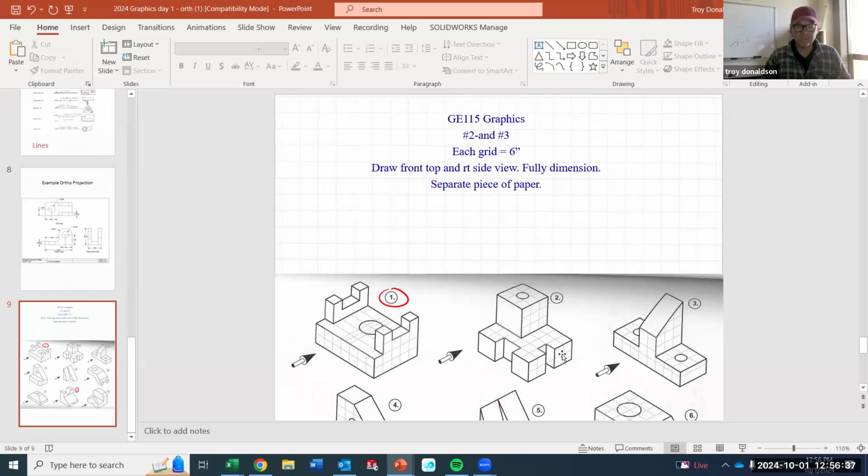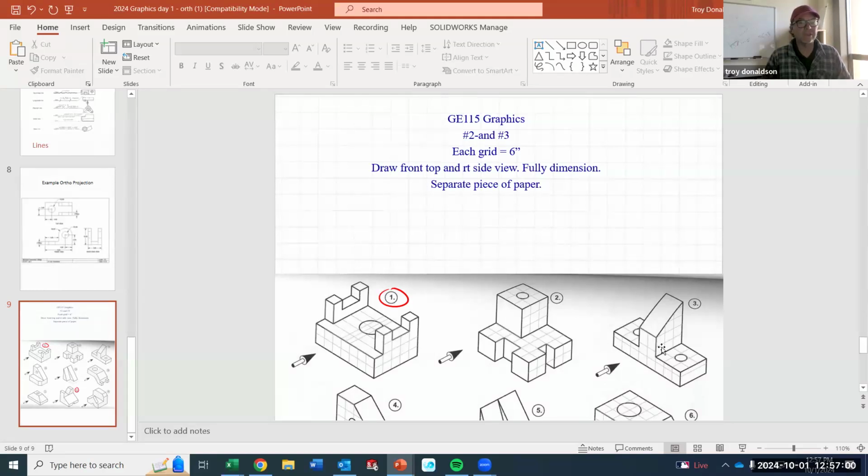Okay. You're probably going to have to use a calculator and a scale and just do the math to reduce every number you come up with to make this drawing. We want the front view, the top view, and the right side view. Okay. It's going to take a while to do these two. I want them on separate pieces of paper and orthographic projections and full dimensions.